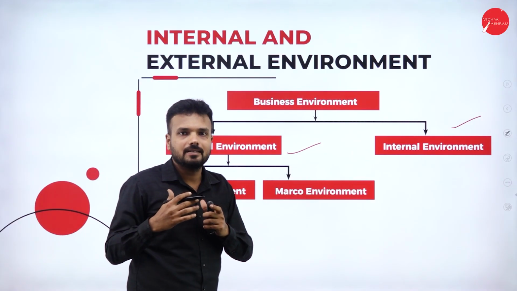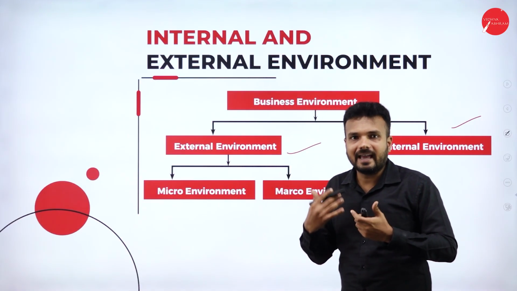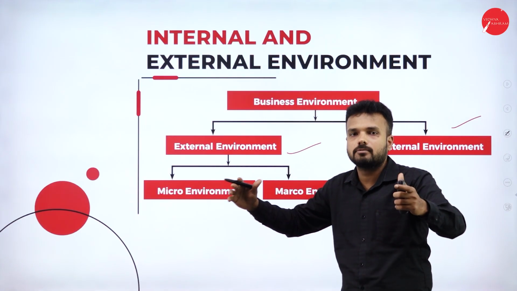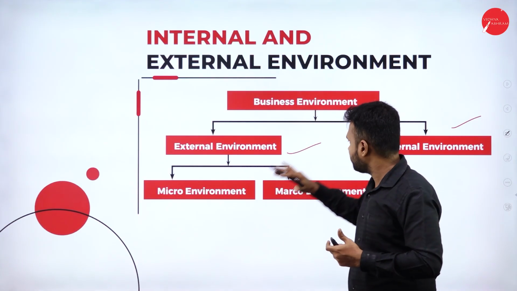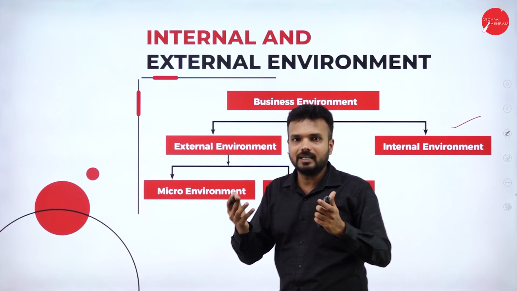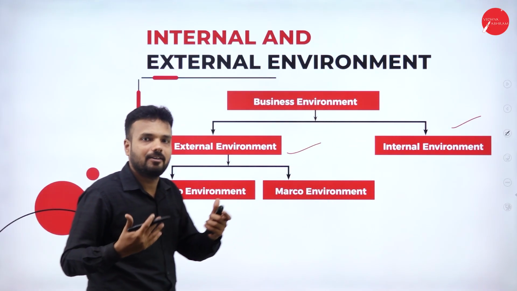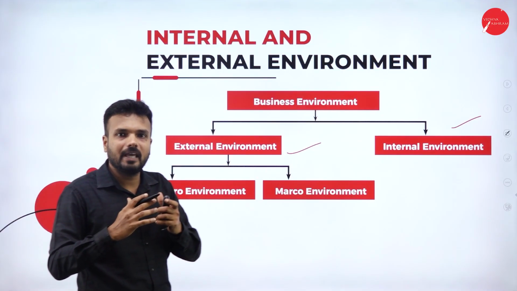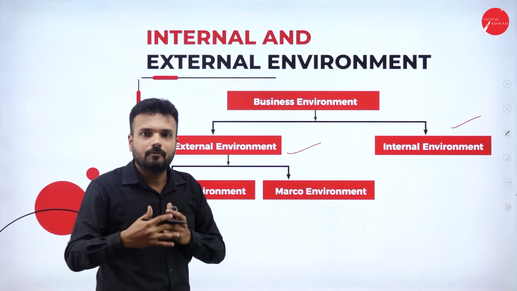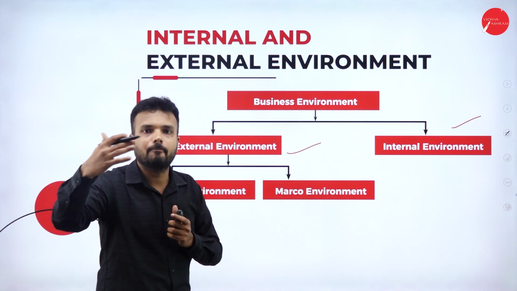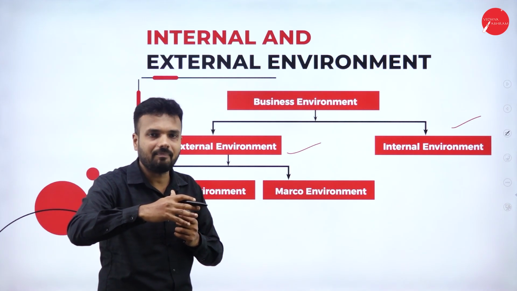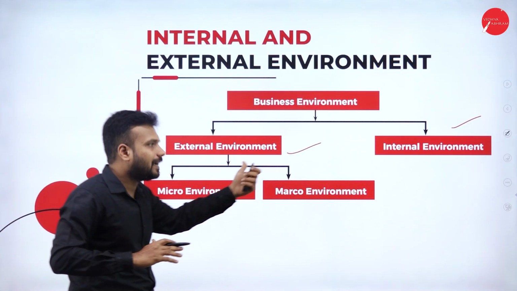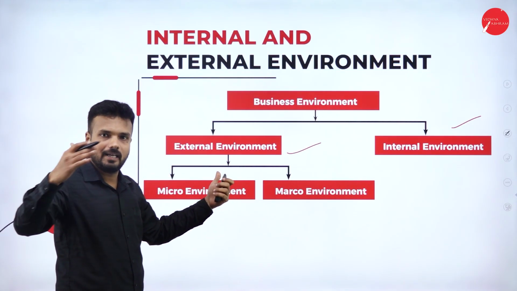See, it is my organization. I can make any kind of rules and regulations which must be followed by all the individual employees of the organization. So the internal environment can be easily controlled. When it comes to the external environment, I cannot make rules and regulations for the public, and I cannot make the public follow those rules and regulations. Done? That is the actual thing which is going to happen. Easily controllable, controllable up to some extent, and not completely.